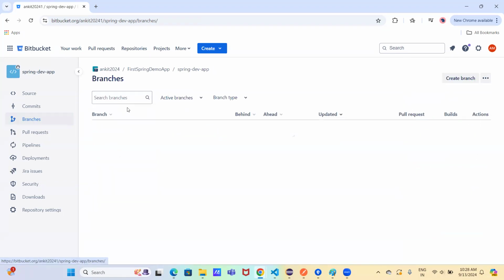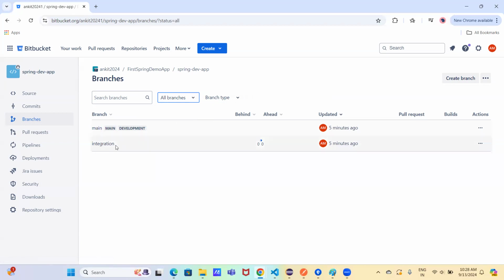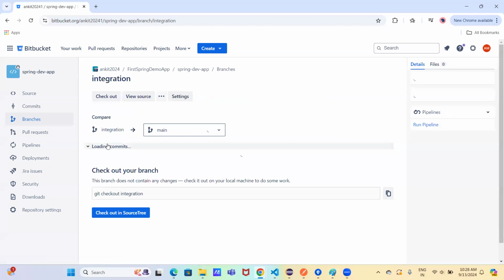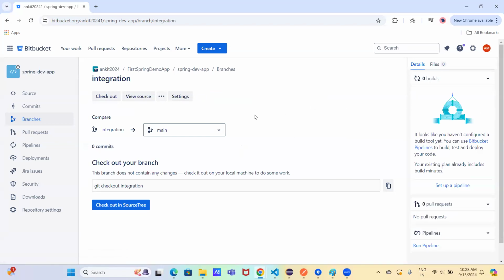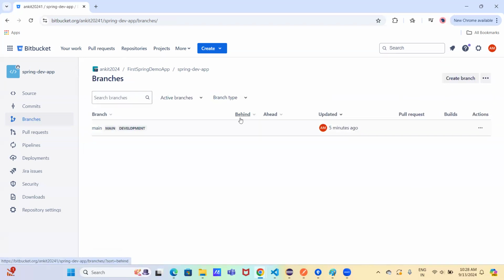Here, go to the branch section. You can see all branches. You can see one main branch and one integration branch. Now again, go to the integration branch. Here you can see we don't have any code because we have not set any code inside that. So again, go to the integration branch,